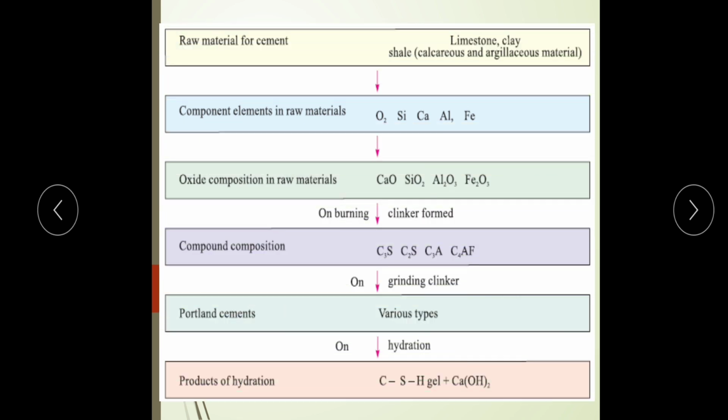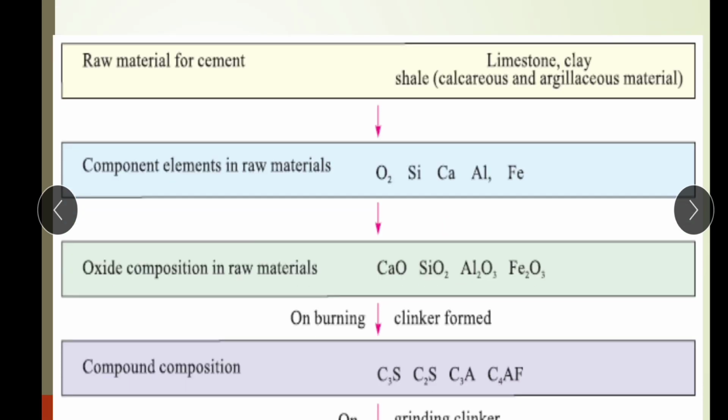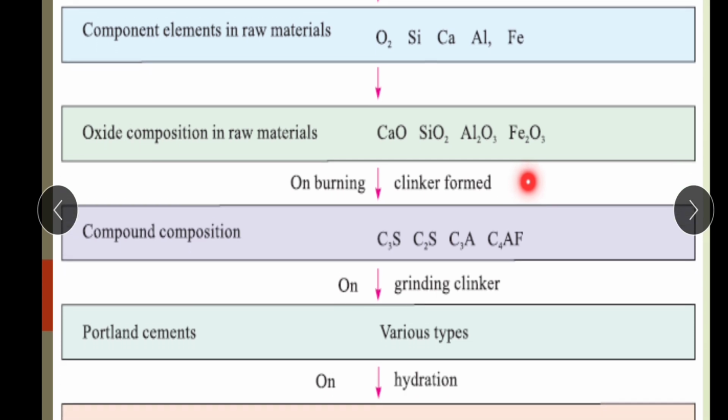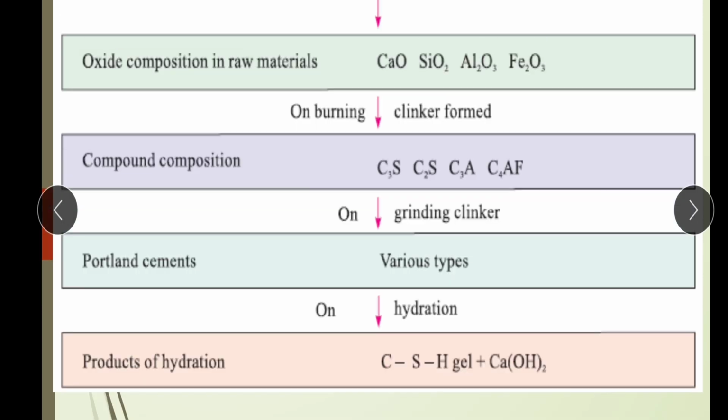And this is one of the basic charts which represents the manufacturing of cement and the compounds which are forming while manufacturing the cement. So raw materials are generally limestone, clay, shale, which are calcareous and argillaceous materials. And based on the preparation, the oxide compositions in raw materials are also formed while manufacturing the cement, that is CaO, SiO2, Al2O3, Fe2O3. So these are some of the compounds being formed while preparing, and after burning into clinker formation,